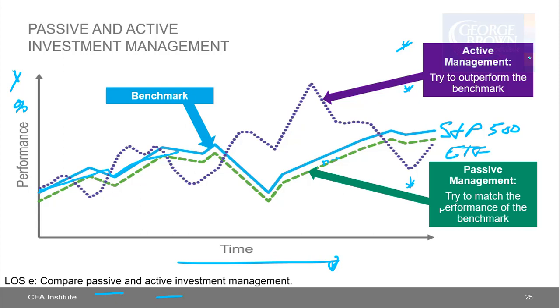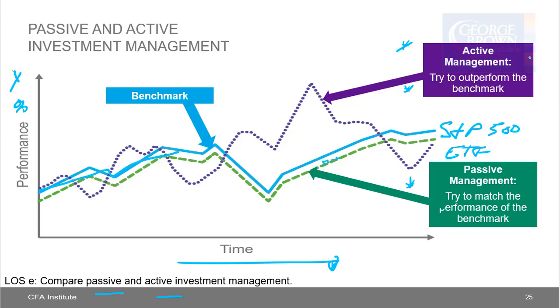Active investment managers use a variety of approaches. They may attempt to select assets that will outperform the benchmark. These active managers focus on selecting individual securities or assets in an asset class or classes. I showed that graph before. This would be different geographies even. So active managers may also try to time a market, buying when they believe the market is undervalued and selling when they believe the market is overvalued. So when you're active with your market timing, or you're active with your security selection, you're active with both,